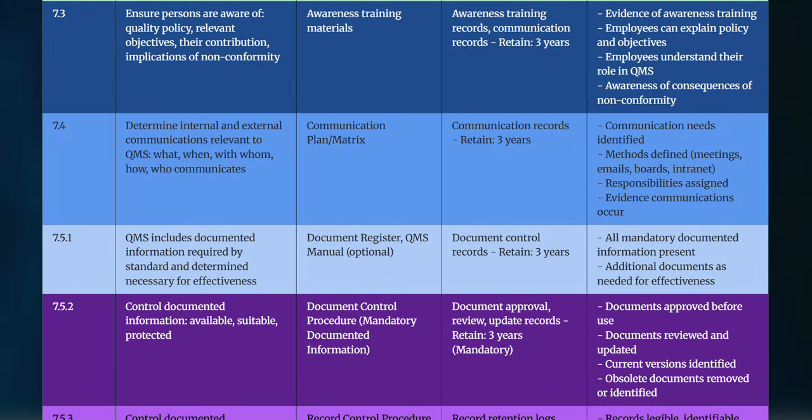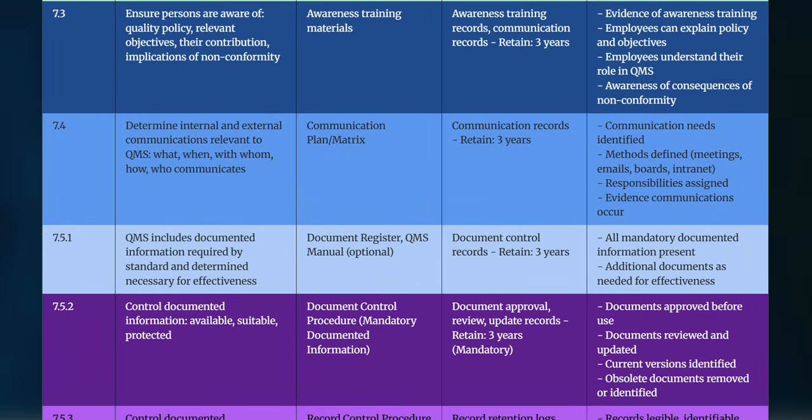Examples of those requirements, which you can also present as evidence: communication needs being identified and methods being defined, such as meetings, emails, boards, and intranet, and responsibilities being assigned, and evidence that the communication happened. Those are the examples and also the requirements that you can present to the auditor to fulfill the requirement of clause 7.4. And then when we move to clause